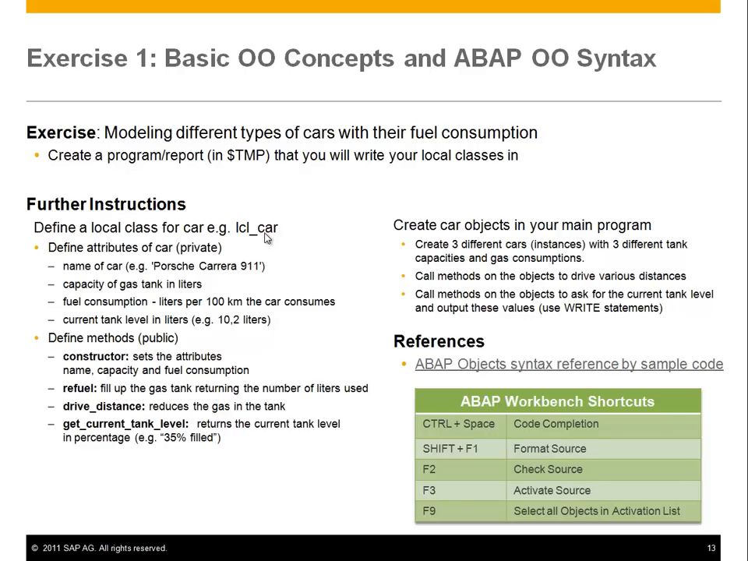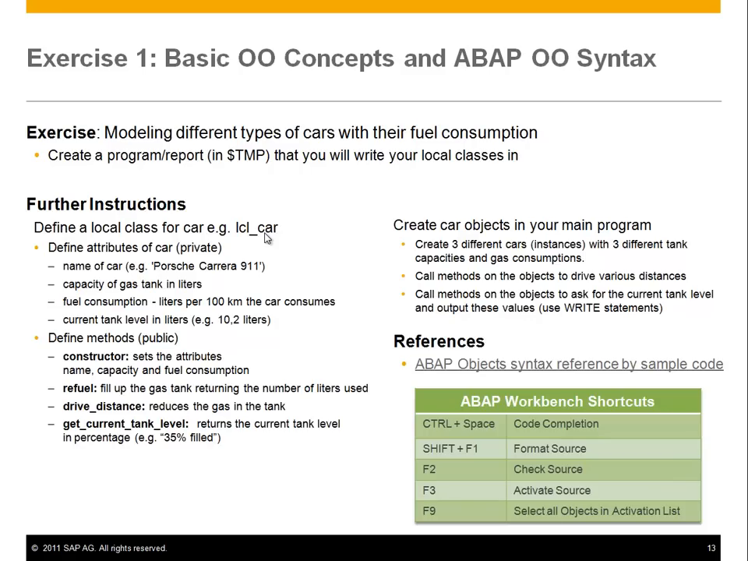What you have to do is defined in the further instructions here. So you're supposed to define a local class for the car, and let's stick to the naming convention. L is for local, CL is for class, underscore, and then the name of whatever you're trying to model. So LCL_CAR in this case. You will have some attributes. You need to define the name of the car. We also want to have a capacity of the gas tank in liters, the fuel consumption, how many liters per 100 kilometers of distance, and the current tank level